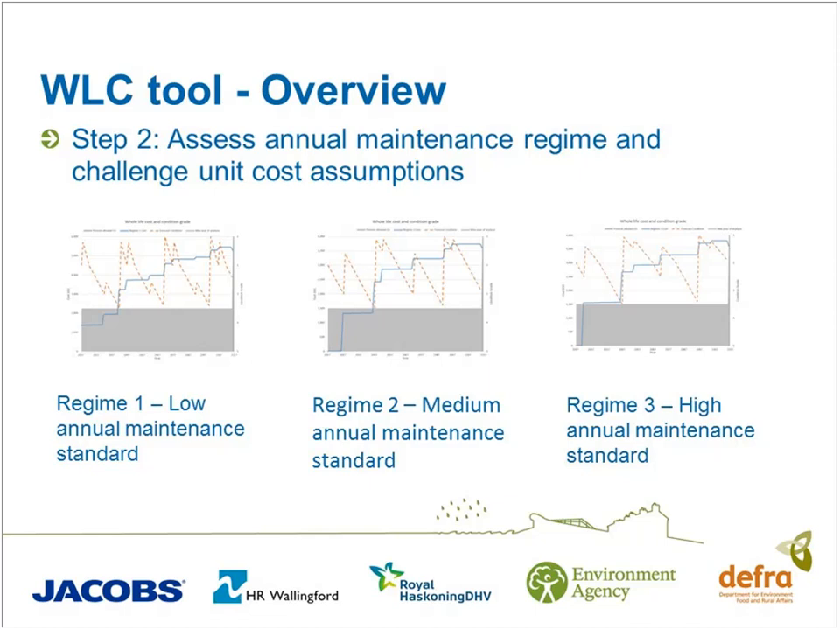So as we move through applying higher standards of annual maintenance, then typically we're seeing fewer interventions over the whole life, because we expect that higher standard of maintenance in some way to offset the deterioration that we've set for that